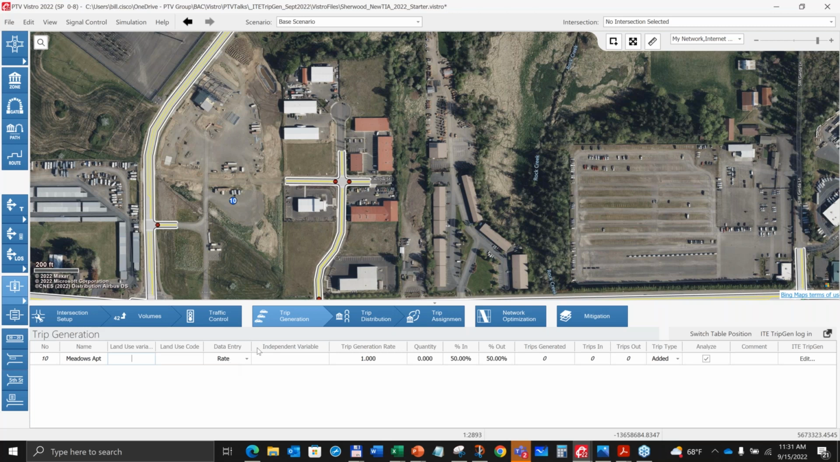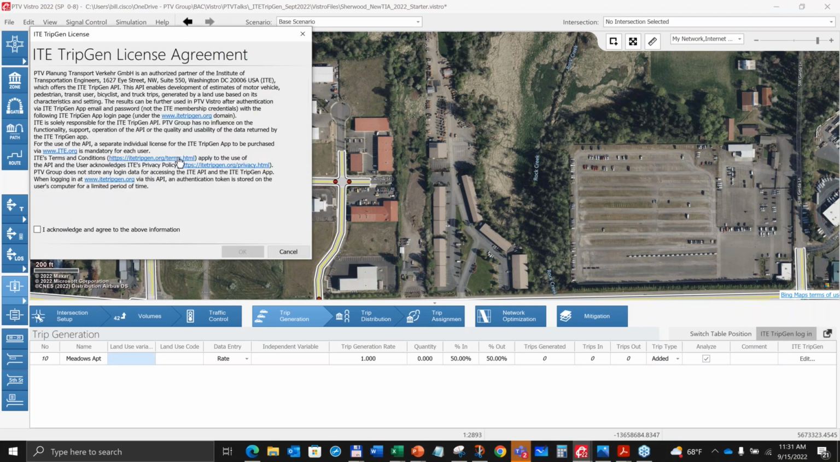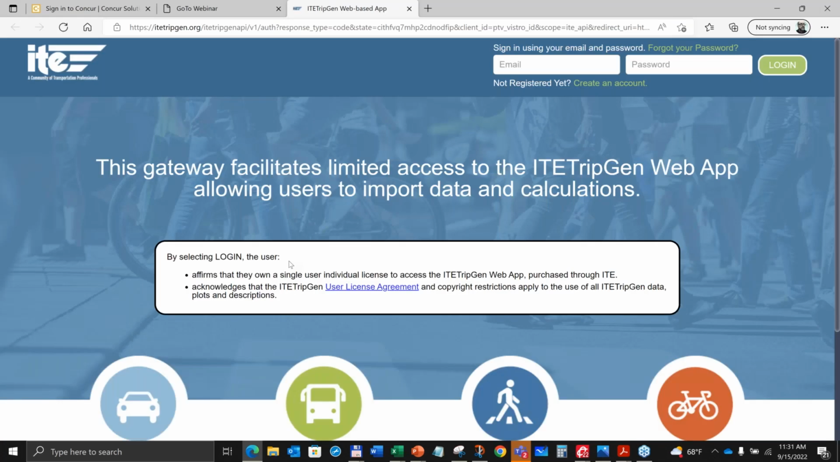But assuming that you do, we're going to take our next step, which is to click this button called ITE TripGen Login. And when I click that, then I get this nice license agreement that reminds me that ITE licenses their own data. I'm accepting their licensing agreement. At this point, what we're doing in Vistro is a connection or an API in order to pull that data. I will acknowledge that and click OK. Then it will take me